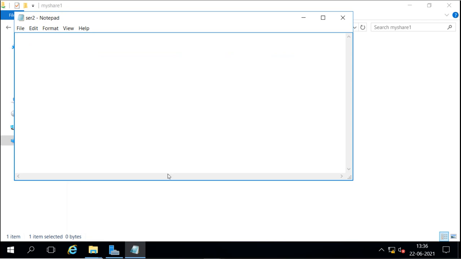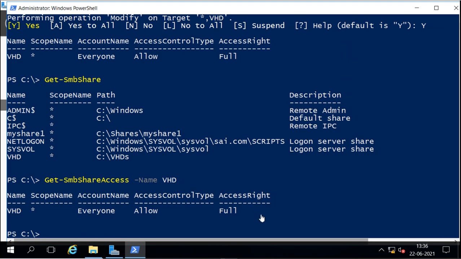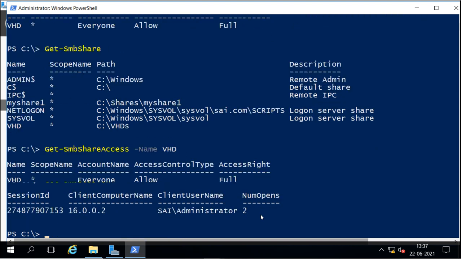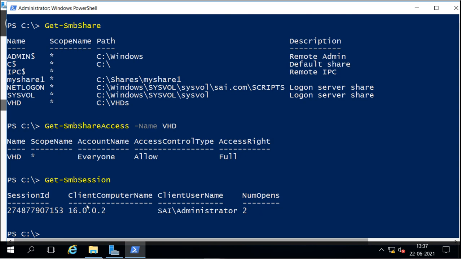Now we can verify it from the server. From here we can check the Get-SmbSession command. It shows that there is a session running. This client is accessing the share using the administrator account, and the number of open files is 2. That means one is the folder and the second one is the file.